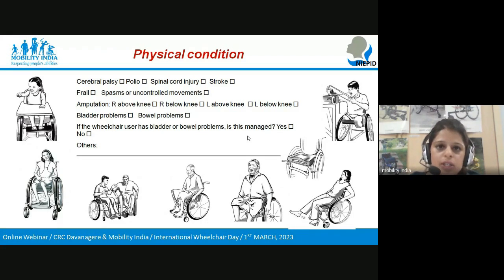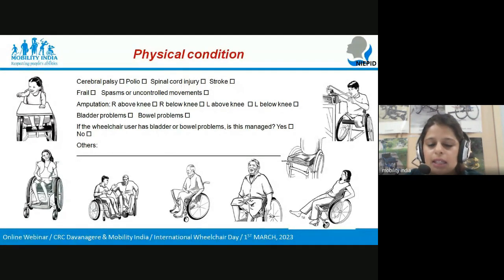Understand the physical condition of the user. By understanding this, note down the key points under the conditions. If it is a cerebral palsy user, they actually require an upright sitting posture. If it is polio, select the multi-layered cushion which will give comfort to the user. And for a spinal cord injury patient, usually they will have sensory issues, so the better option is the pressure relief cushion. And for stroke,